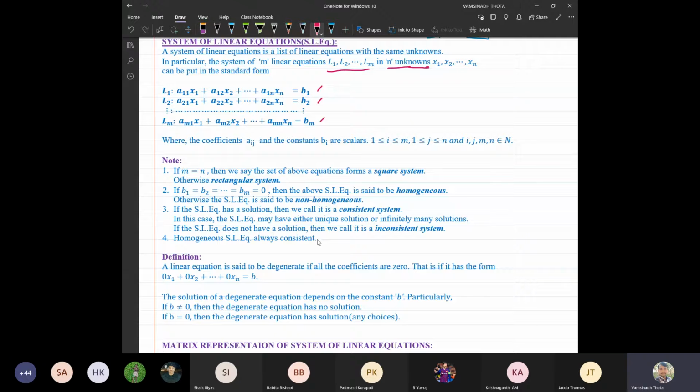Now, if we club the second statement and the third statement, one point is obvious. What is that? Homogeneous systems of linear equations are always consistent. What do we mean by that? Let me explain with an example. For example, assume that 2x plus y is equal to 0, and minus x minus y is equal to 1, and minus x plus y is equal to 0. Is it a homogeneous system or a non-homogeneous system? It is a non-homogeneous system.